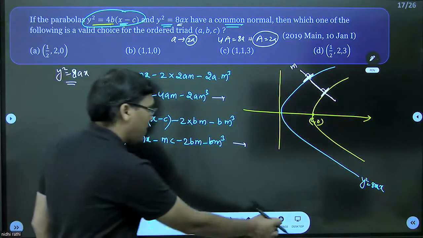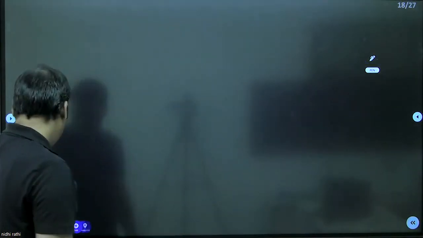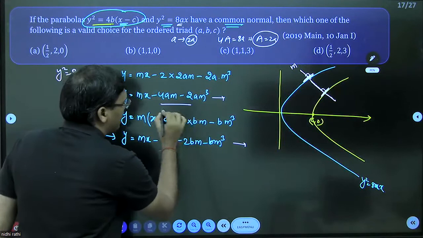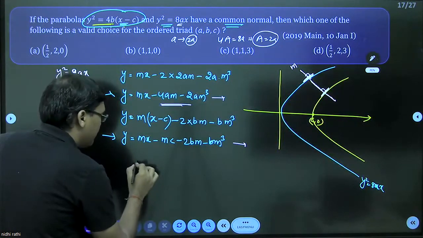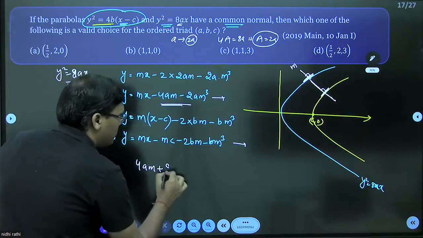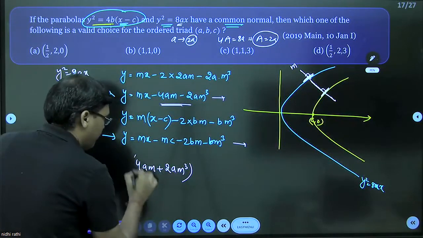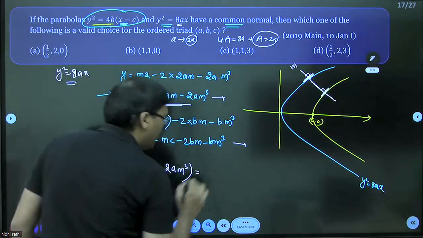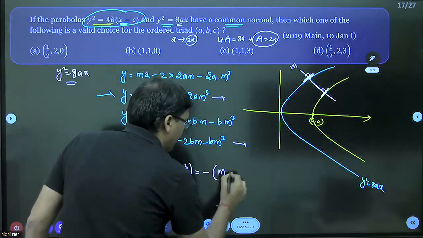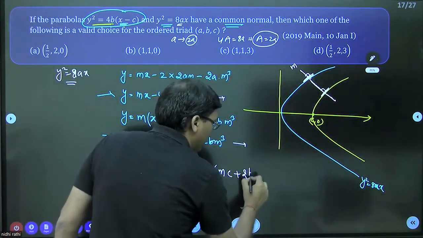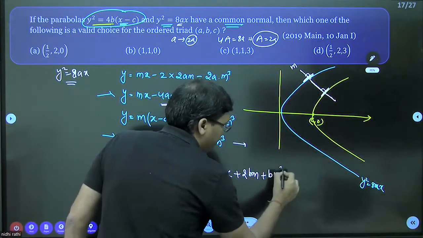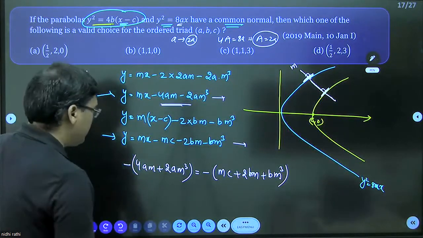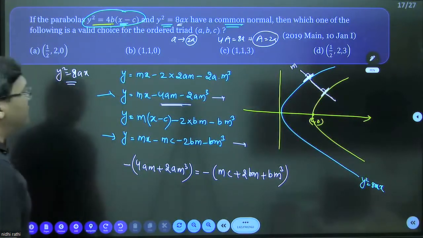So now see, if I apply this condition, you can write the constant term here. That is, I can say this is 4am plus 2am cube. This is minus of 4am minus 2am cube. This should be equal to minus mc plus 2bm plus bm cube. Correct? Now if I just arrange these terms, you can see here,